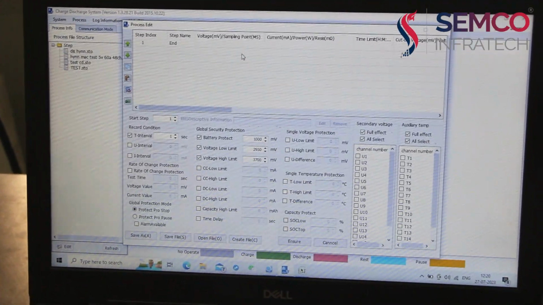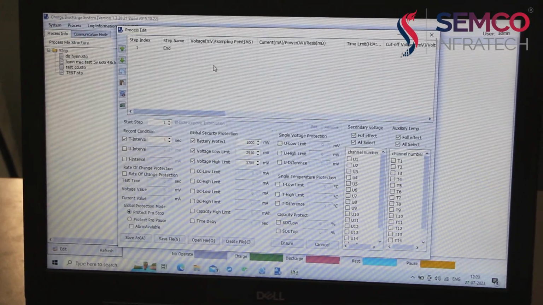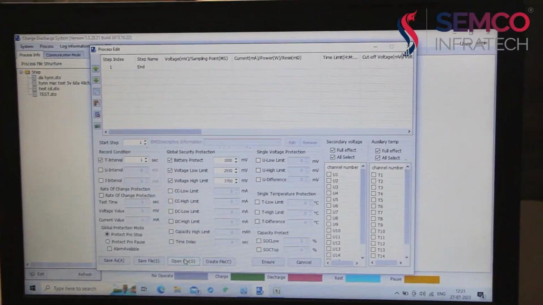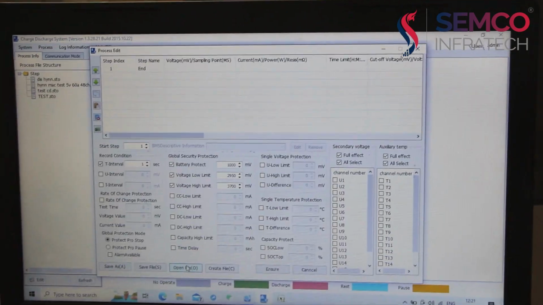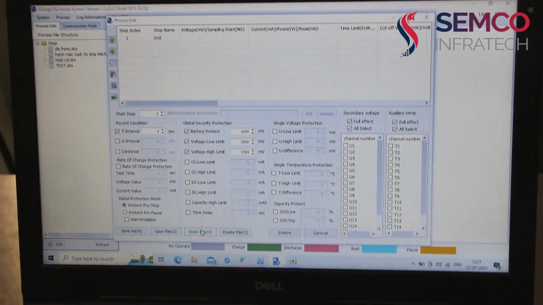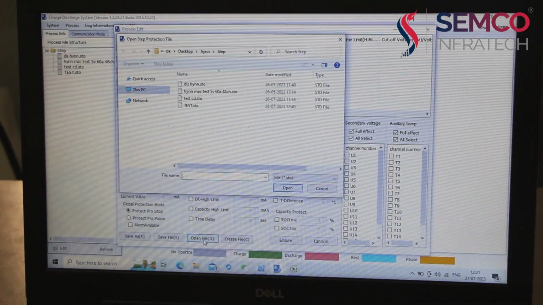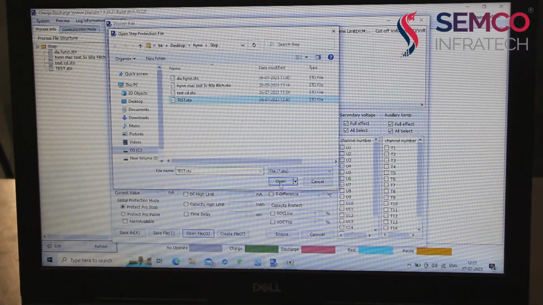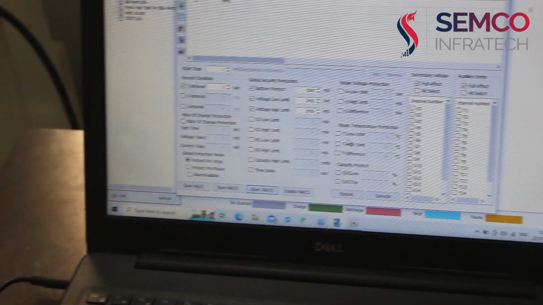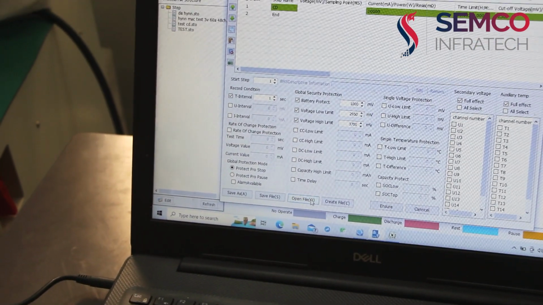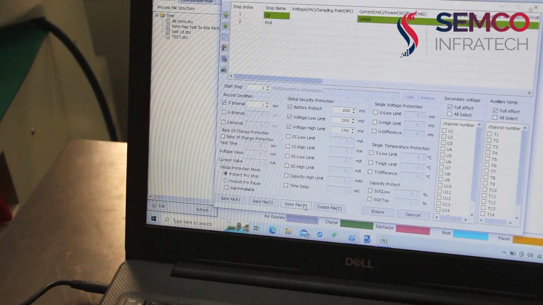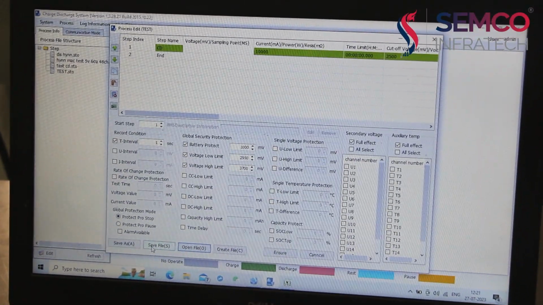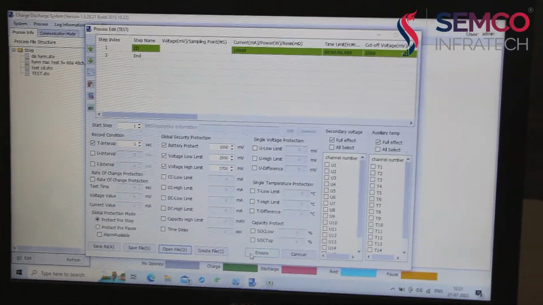Then here we can create a program according to our cell ratings, and also we can upload the program. After creating the program, we have to save the file. Then tap ensure.